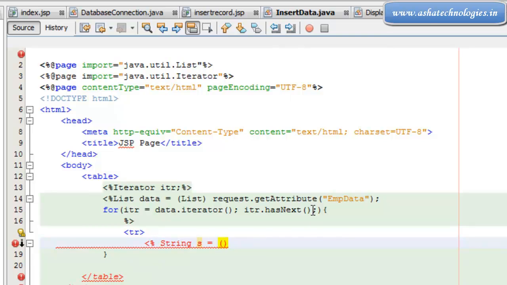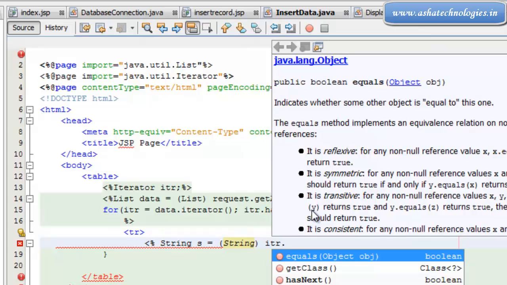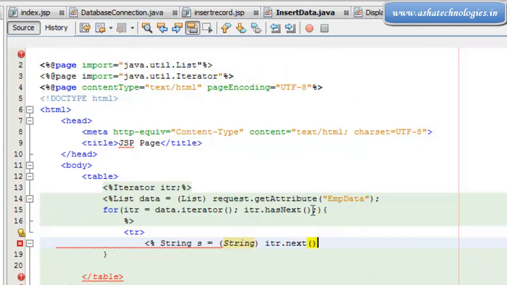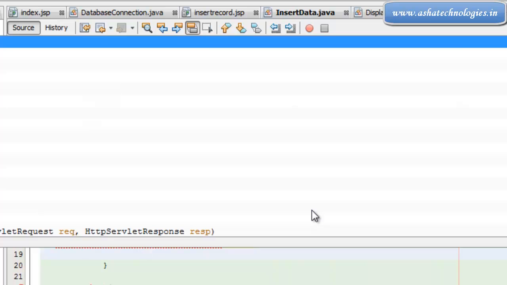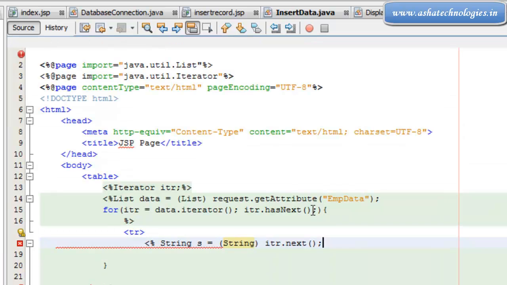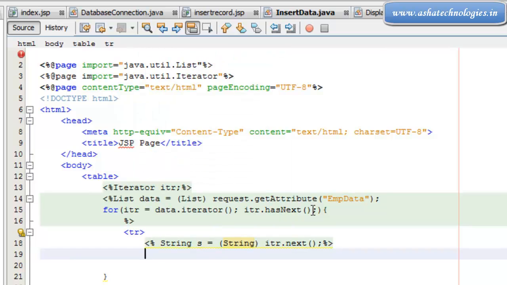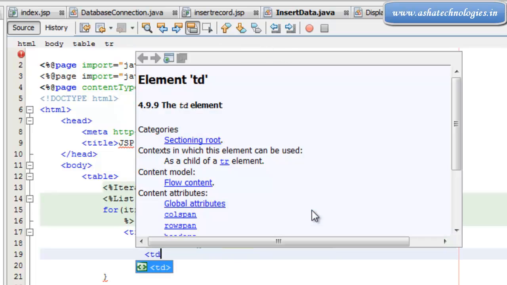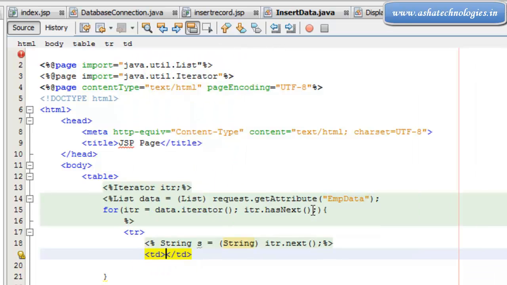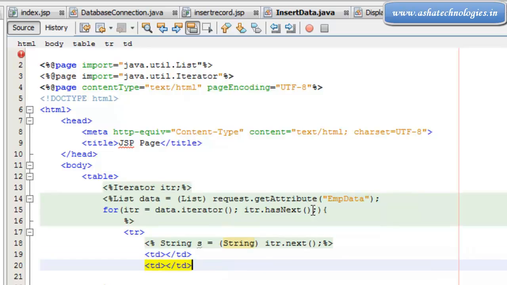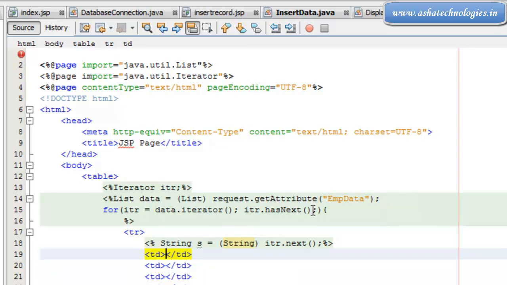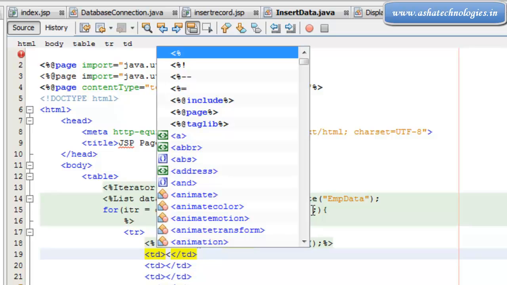So it is supposed to be string itr dot next, and then I can close this, and then I can go with the tag td here. I'll close the td and copy this, paste, and paste this 4 times, and then we can go for